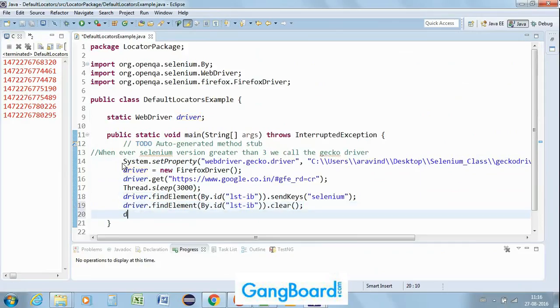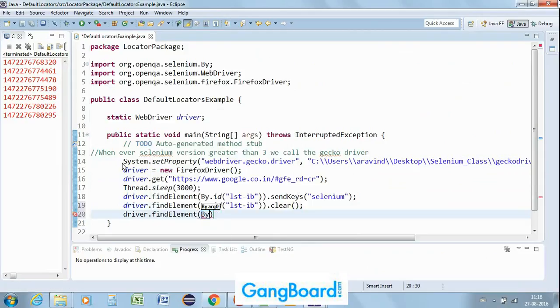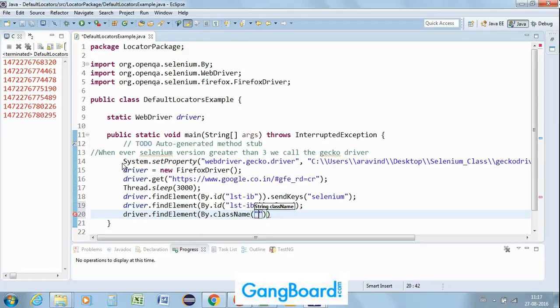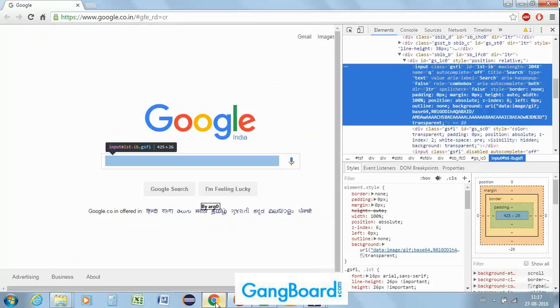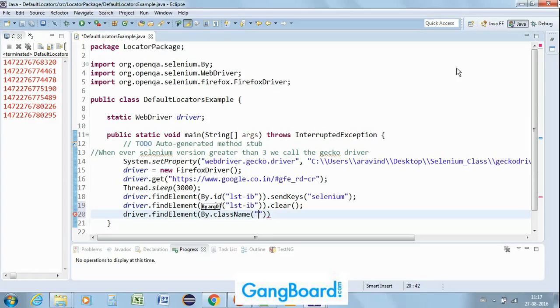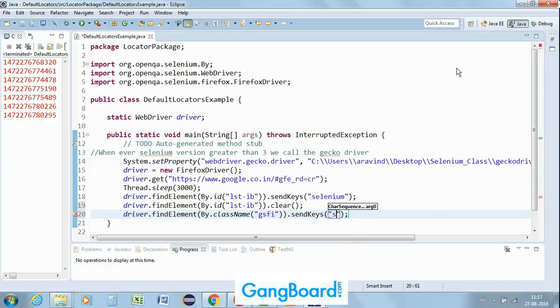Okay. Then you have a driver dot find element by class name. So for the class name, what's your class name? GSFI, right? Just copy it, paste it over here. Dot send keys, just give it a